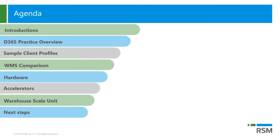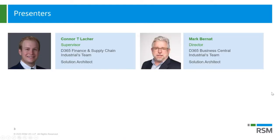We'll talk about accelerators that we bring as RSM that fill some of the needs that we see with our typical clients. We'll talk a little bit about the warehouse skill unit and what Microsoft has coming there, and then give you some next step options if you want to have a deeper conversation or perhaps a more in-depth demo. So we'll go right into introductions, and we'll turn it over to our guest speakers today,